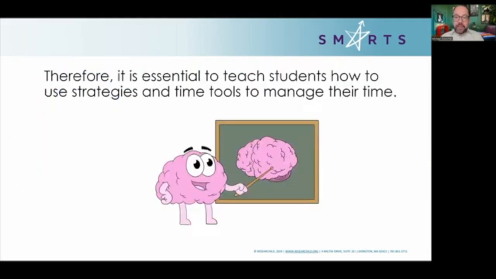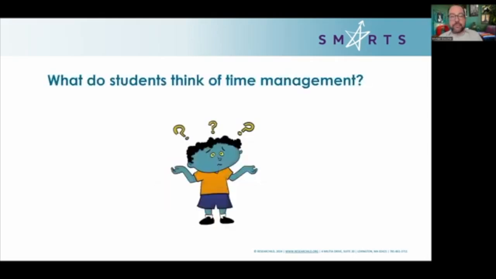So, how are we going to connect to that benefit, right? It's essential that we teach students how to use strategies to get ready for their future as not just fancy adults, honestly, but productive middle schoolers, high schoolers, college students, wherever they end up. We know they're going to need this stuff. Okay.